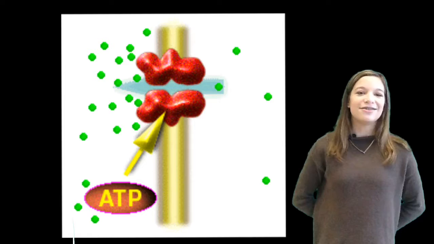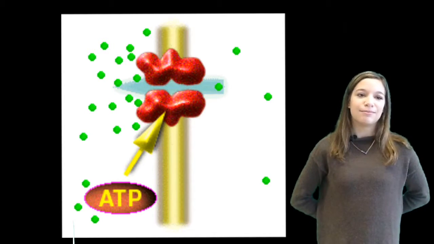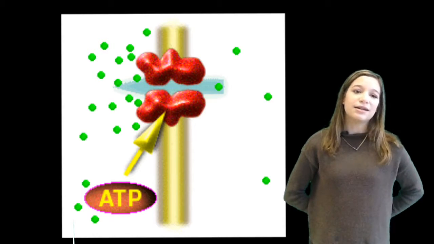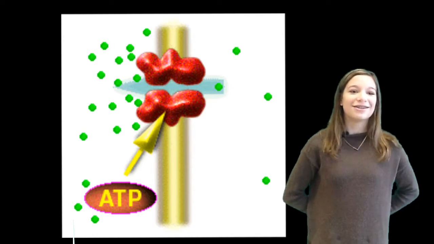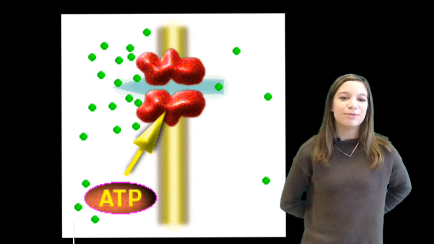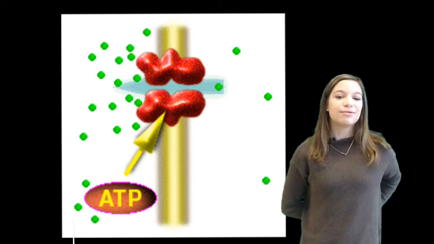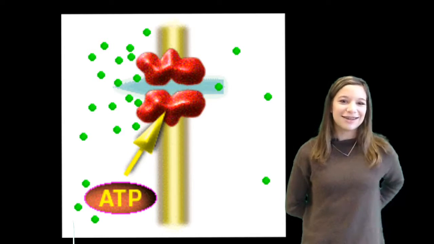Another way is when the cell uses ATP. This procedure is called the sodium-potassium pump. The cell uses ATP, adenosine triphosphate. This process calls for one phosphate to shift the shape of the cell, creating an opening towards the outside of the cell. The final way is in which the cell transports molecules out of the cell by expelling them through an